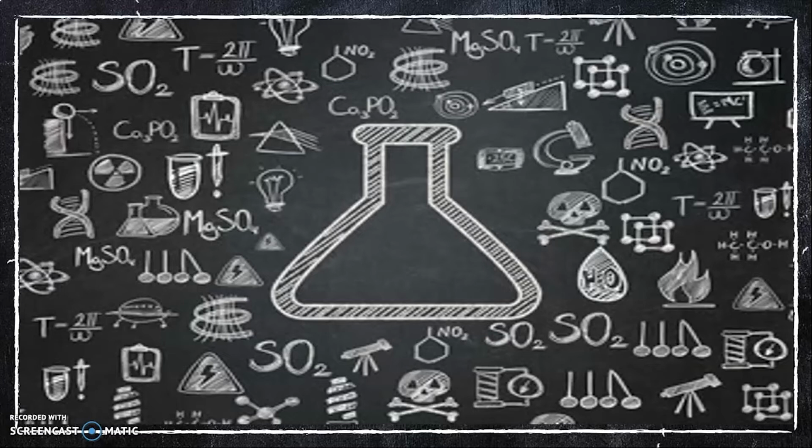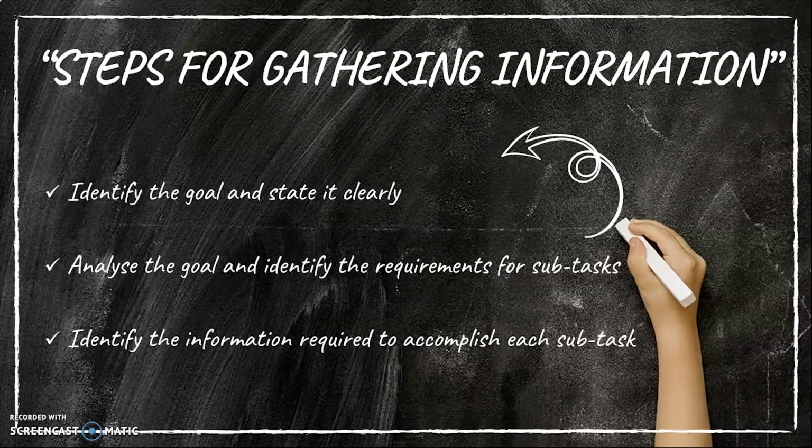So to do an activity, you should carry out steps. Only if you follow the step-by-step process, then your activity will always have a good output. So here we are going to learn what steps we need to follow to do an activity successfully. So first you have to gather information.